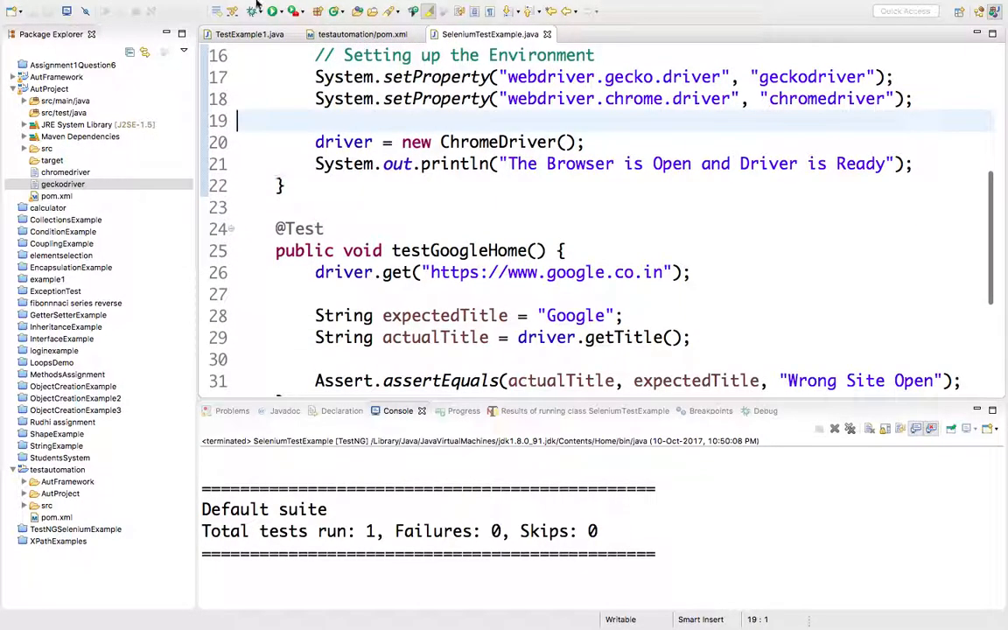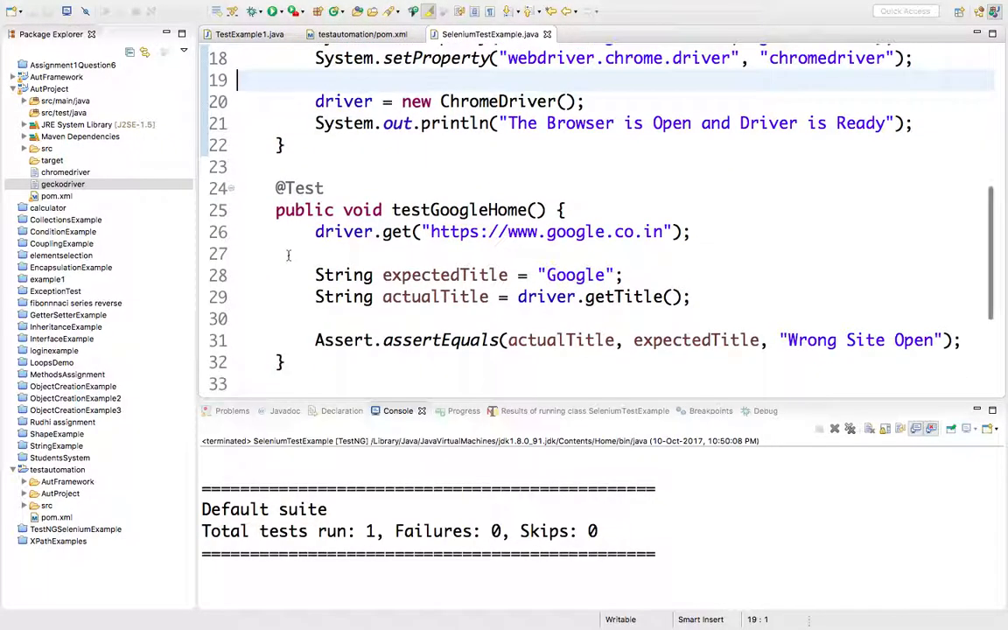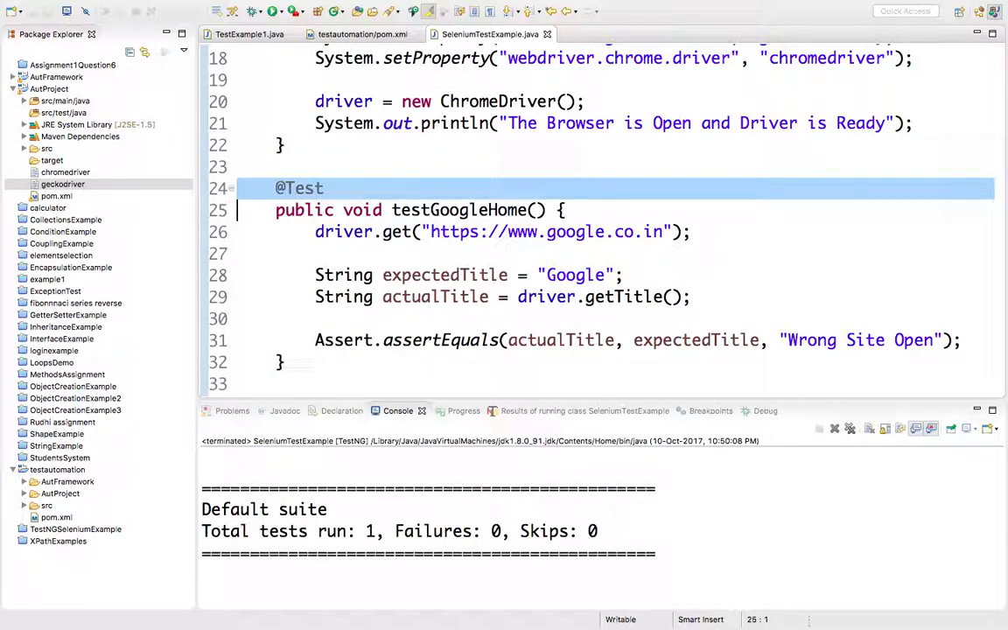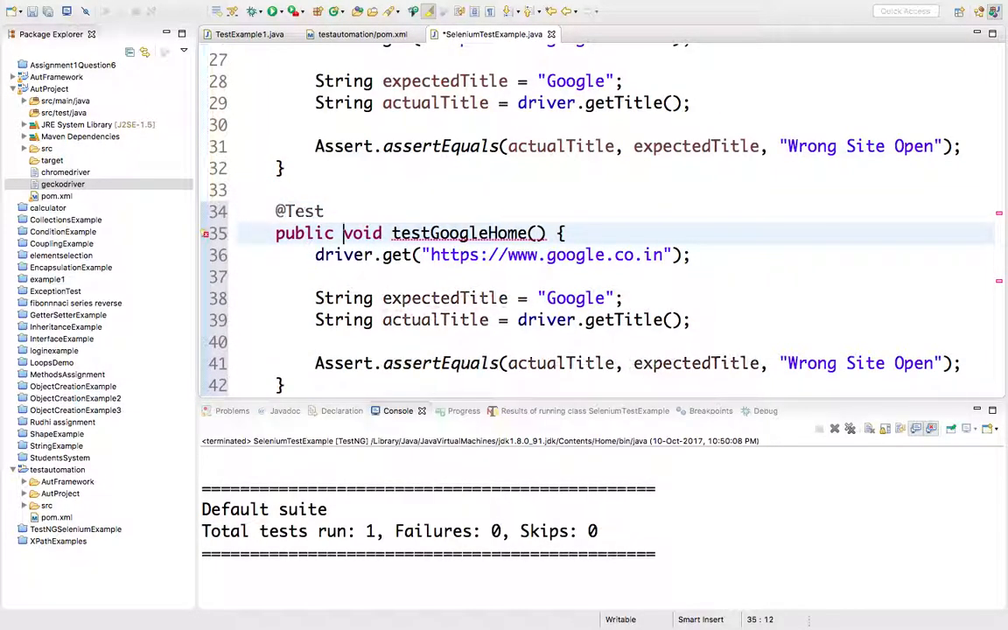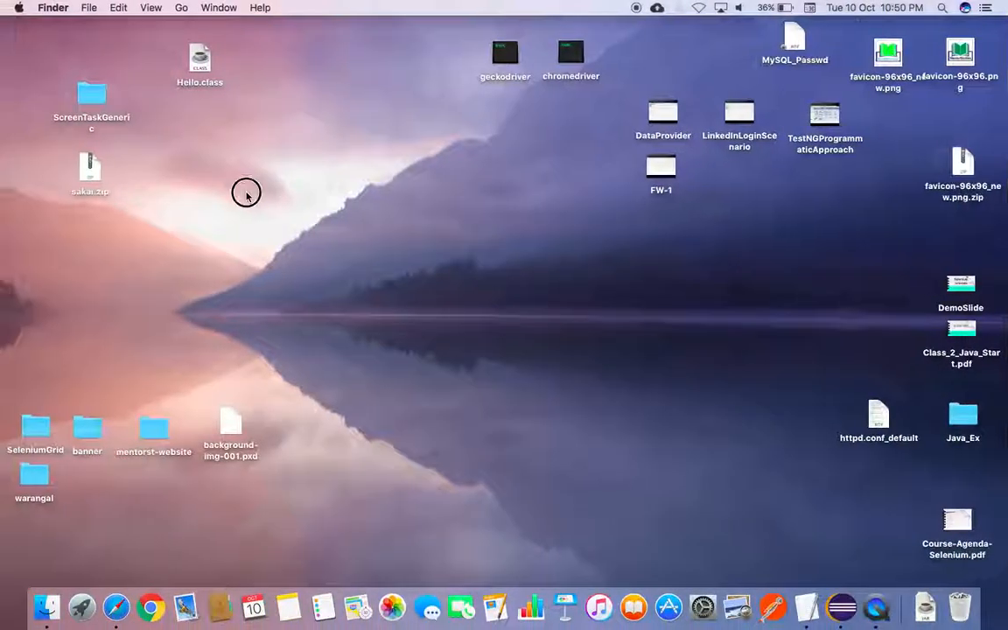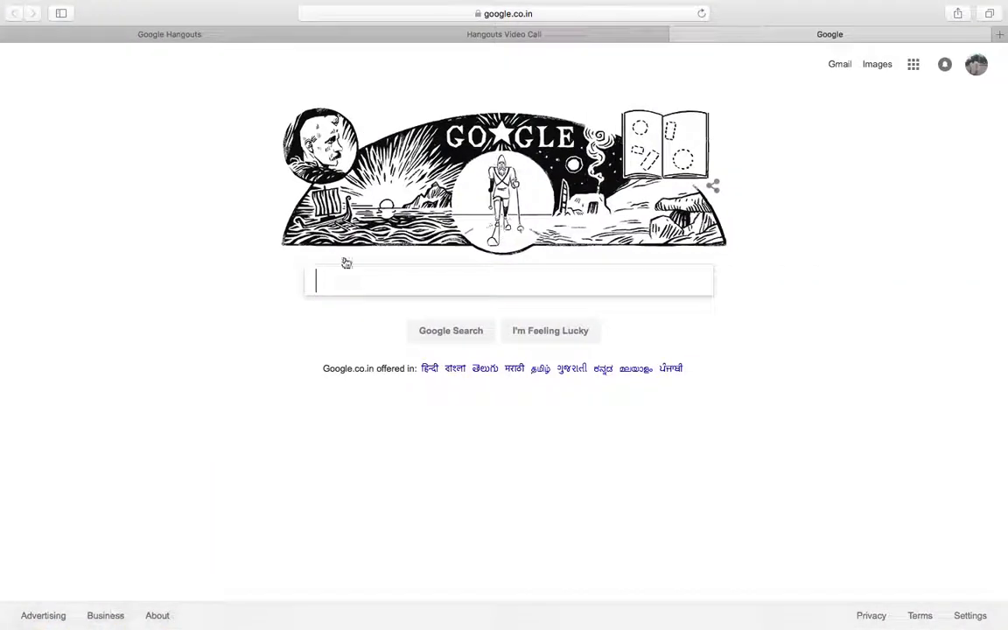Now, what are the things that we can put into the framework and what are the things that get repeated, that we'll understand after we really face the problem. So let's create one more test case. Let's not call it Google Home. Let's call it test. Some other example we need to have. Let's call as